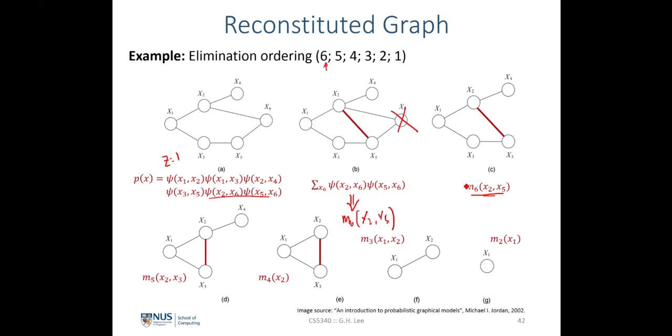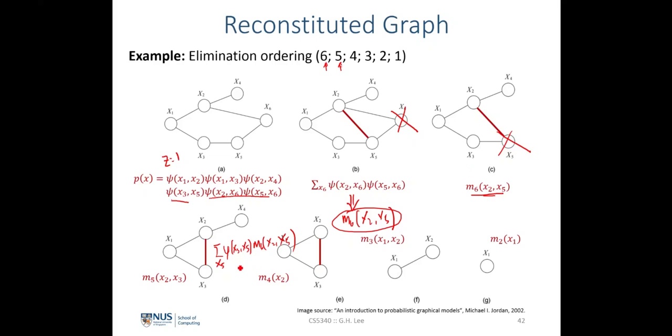So we can look at the next step, where we eliminate the random variable x5 over here. So in this case, we will do the marginalization of x5 over this potential of x3, x5, and the message of x2 and x5. So in this case here, we can see that we are doing this summation over x5 of the potential of x3, x5 multiplied by the message of x2 and x5. So in this case, we can see that by eliminating away x5 over here, by eliminating away this guy over here,